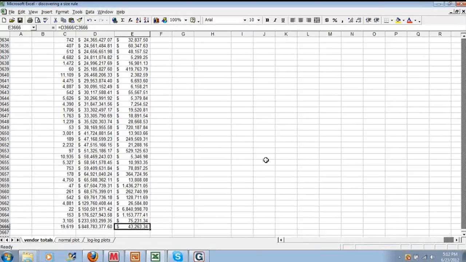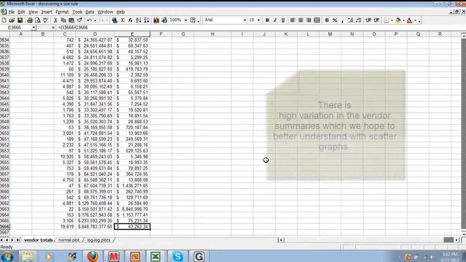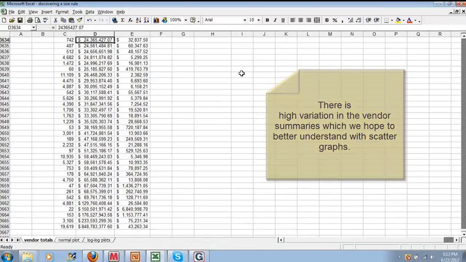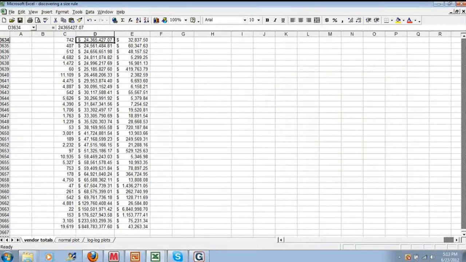Now, the first thing I want you to notice is that there's some extreme variation even in this tightly knit group of high-value vendors. Now, there's no vendor on the page right now that didn't do at least $24 million of business. That's the high end. There's not a lot of people who have that kind of relationship. But even in this group, we have one that did 19,000 individual transactions, and then a little further down, we have one that did 22.